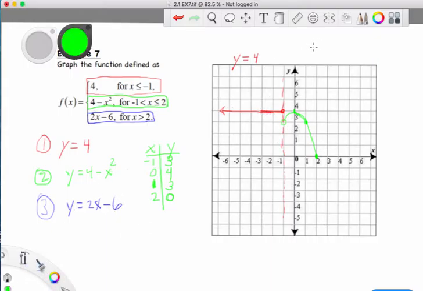I didn't up here. Some of you might like to see this up top. So because it goes from -1 to 2, I'm just going to put y is equal to 4 minus x squared up top, just to show that this is the piece that's in the middle. Okay, and then here's this vertical line at 2,